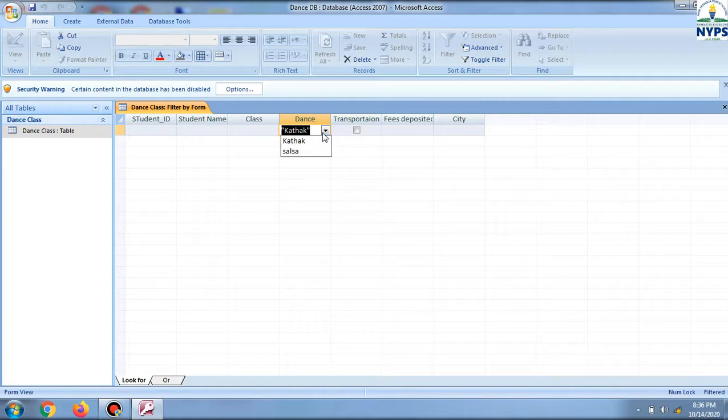So we can choose this way. So this is our filtering data by form. If we want to use AND, then both the conditions should be true. If we are using the OR option, then either one of the conditions should be true.